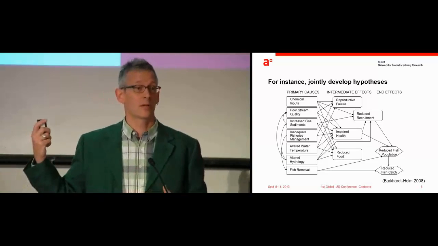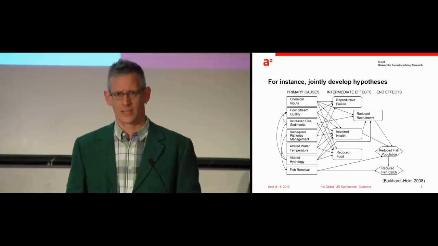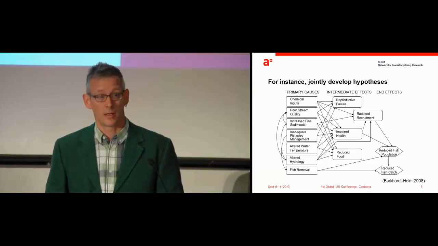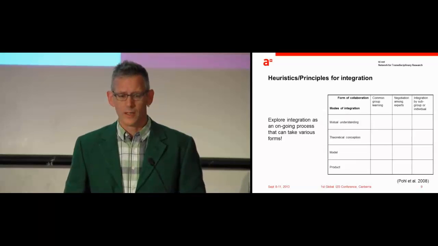Then they made this system model, and then in the next step they analyzed arrow by arrow whether they can find any kind of scientific evidence for or against that arrow, or whether they have to do research about that. So that's a way of how you can do problem framing, but there are a lot of other ways. Then the second